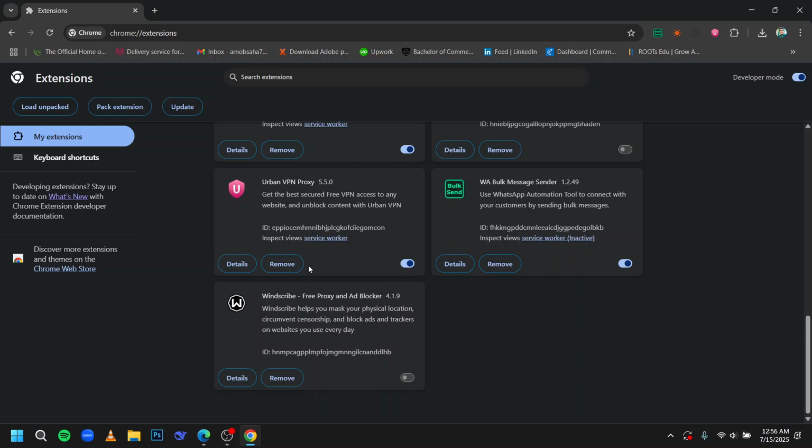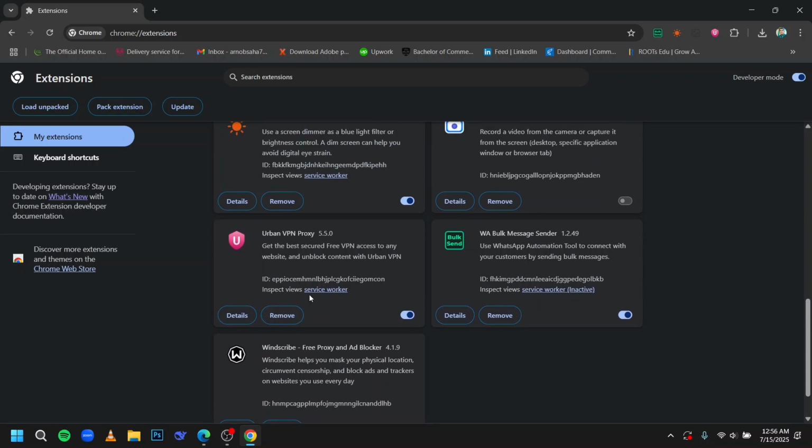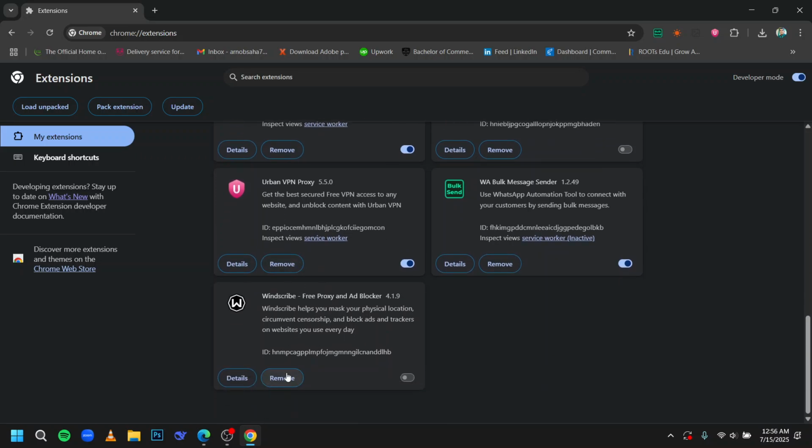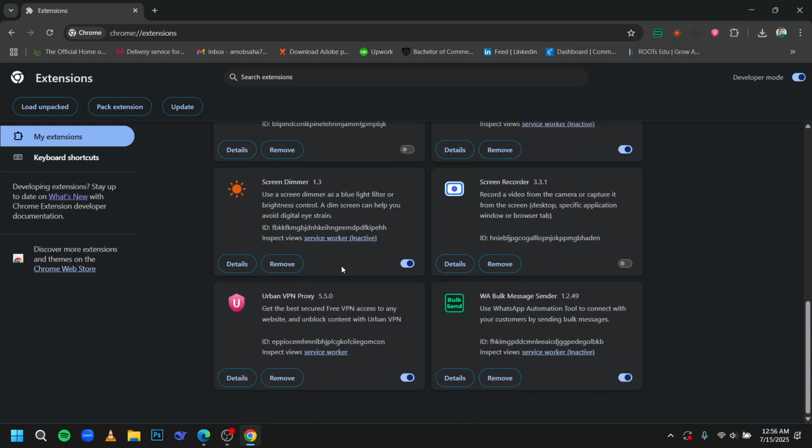And after that, if you want to remove it permanently, then you can simply remove it from here by clicking on the remove option. For example, I would like to remove this. You have to just simply click on remove, then you have to click on the remove option again,